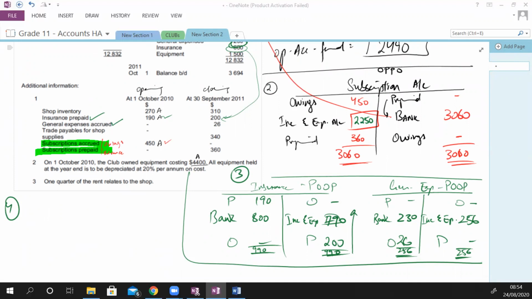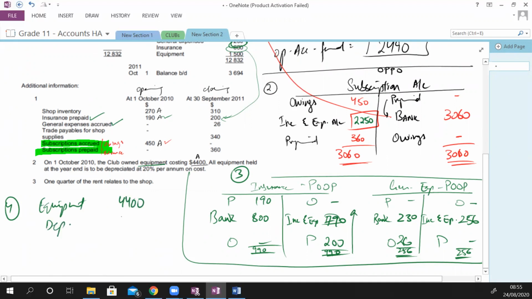So depreciation is, club के equipment पे, equipment is 4400, depreciation is 20%, so 880 is your depreciation expense. ठीक है, simply depreciation इस तरह आ गया। Otherwise, if you have opening and closing values, तो हम उसको revaluation method use करते हैं।